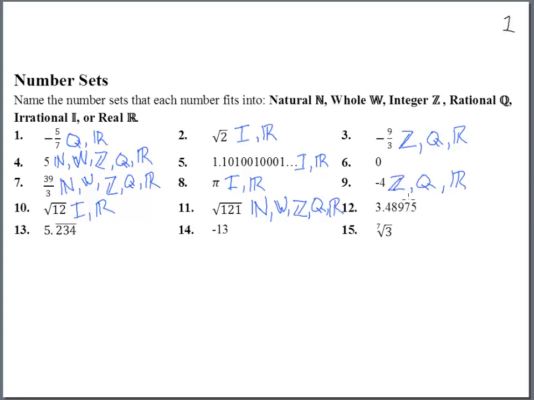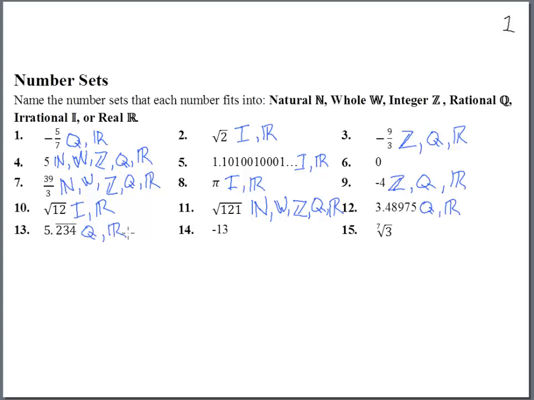3.48975. This decimal, it doesn't look like it repeats a pattern, so we might think it's irrational, but we note that it stops. So it can be written as a rational number. Particularly, this is 48,975 hundred thousandths. So that tells us it could be written as a fraction right there. So rational and definitely real. Over here, 5.234 with a bar across the top, a repeating decimal. That means it's going to be rational